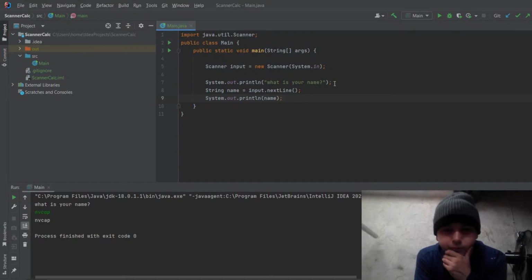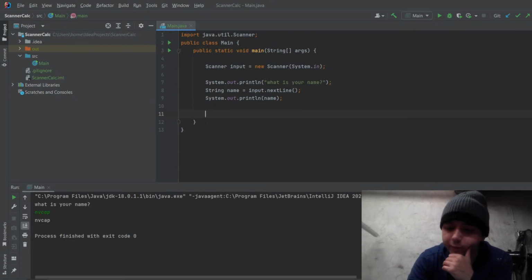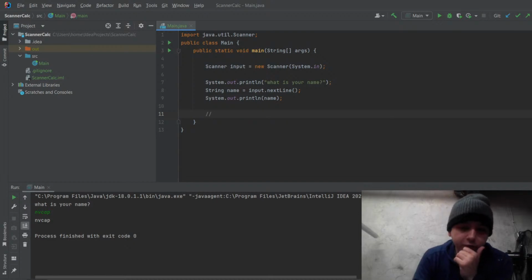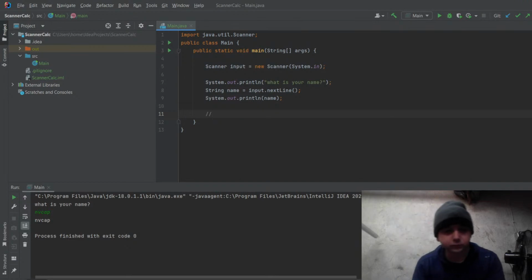So basically, what do we want it to do? And this is kind of a good way to plan your program. Basically, the goal is